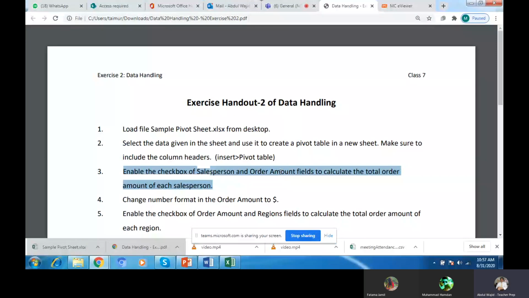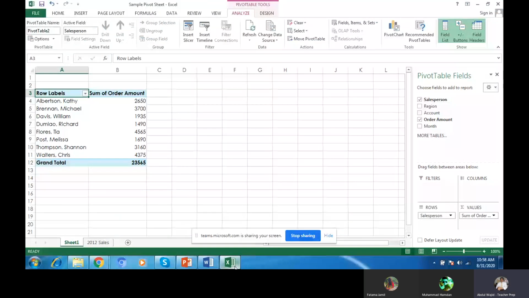Okay, we will go again. Now, yes, it is there. Now if you want to drag this order column, you will see it will become just like this.